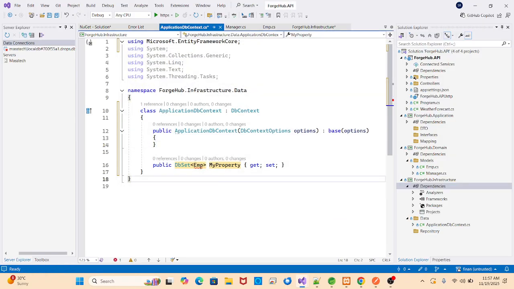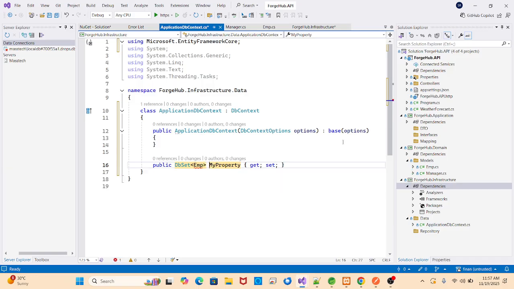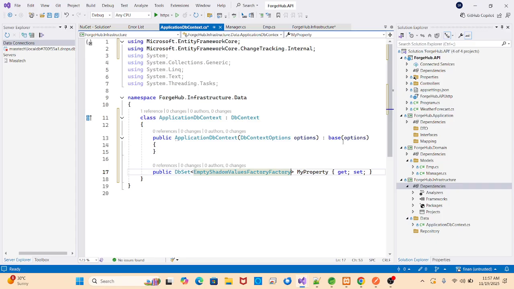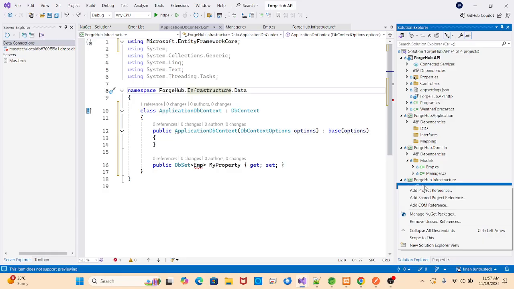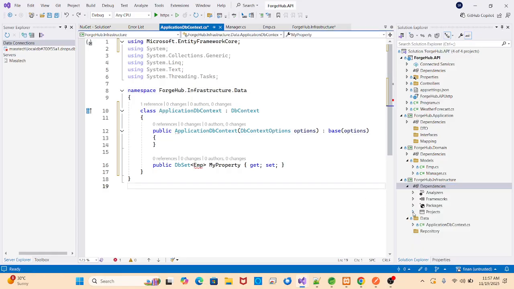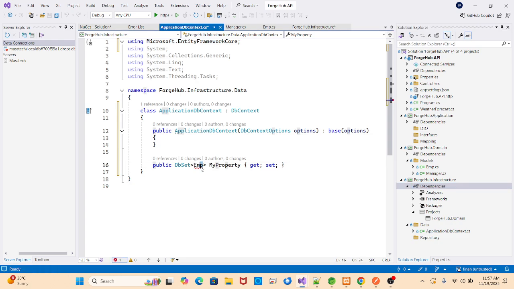Once it is added, now you can check over there. It's added, na? Here now. Yes sir. The domain project is added, na? Here. So now on control dot it will show the